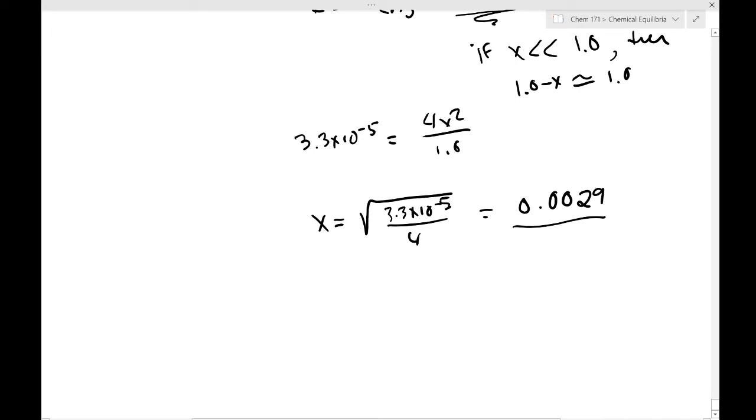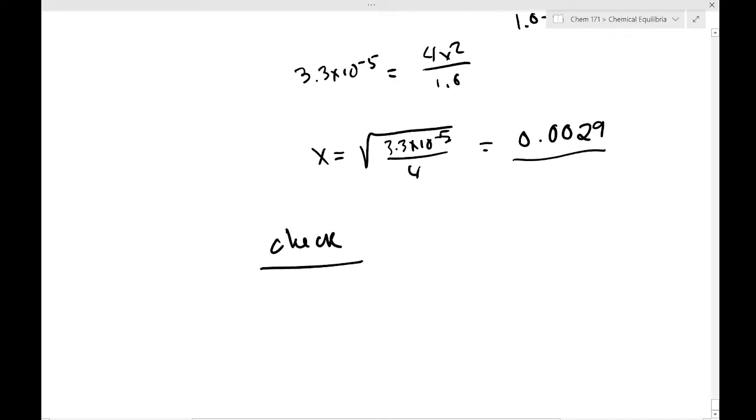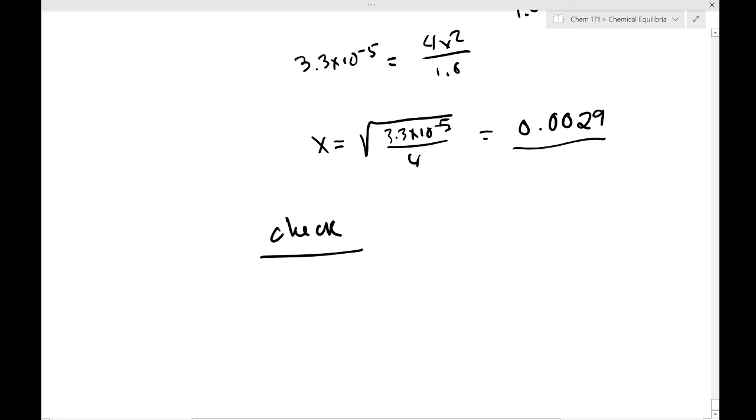At the end of making this assumption, we have to check the validity of the assumption. Okay, we have to check this. If it doesn't make sense, this check won't work. So, for example, if x divided by a times 100, so essentially I'm looking at a percentage of this, okay? If x over a times 100,